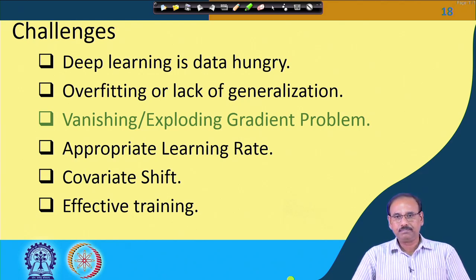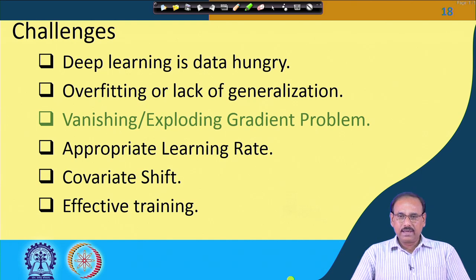The other problem that we have said is the vanishing or exploding gradient problem, and we have also said that this problem becomes very severe as the depth of the neural network becomes very large. The reason for this is that when you train a neural network, or when you tune or update the parameters of the neural network, it is the gradient of the output error which is considered for updating the parameters or the weights in the neural network.